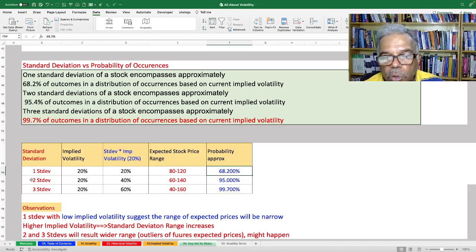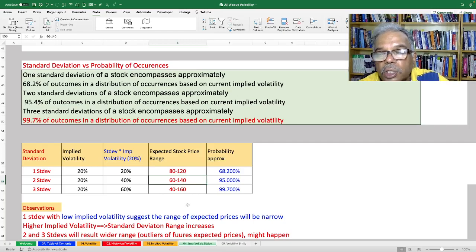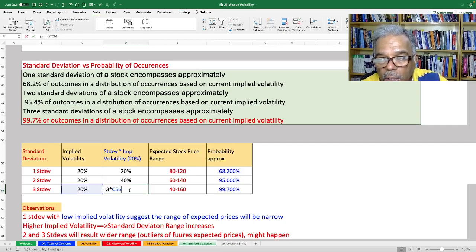With two standard deviations and the same implied volatility, the stock price range widens to 60 to 140 with a 95% probability. And with three standard deviations, that is 3 times 20%, that will give you a range of 40 to 160